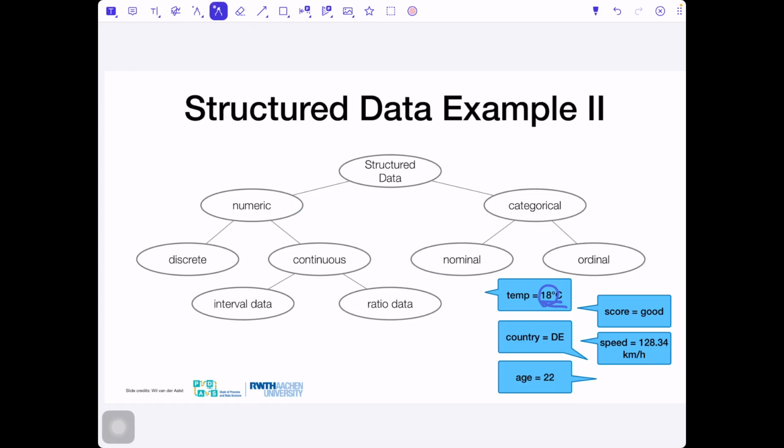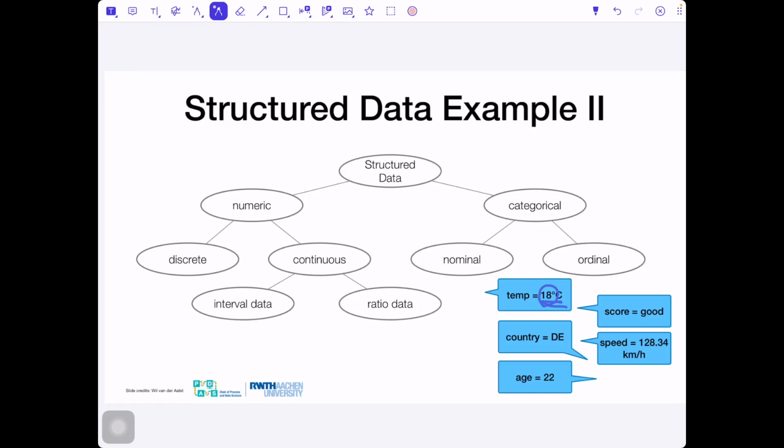Think about also it's a physical event time, and it's not just 18 degrees Celsius, it can have minutes. So I will just give you the hint, it's continuous. And now the point, is it interval data or ratio data? Does temperature have a logical zero? Can we say that now in Germany it is twice as warm as, let's just say, in Siberia? Yes, so it's ratio.